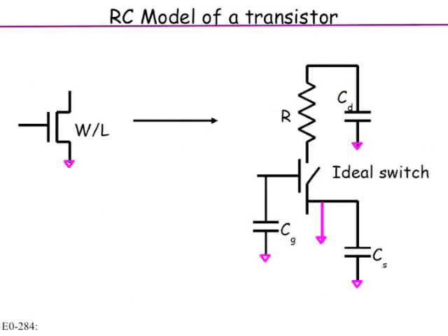So this is the simple model of a transistor. Any transistor, we replace with an ideal switch. This is only for digital design and for delay calculation. We replace it with an ideal switch with a series resistor R. And then it has some capacitances. There is a capacitance associated with the gate of the transistor, CG. There is a capacitance associated with the source and the drain. Remember, source and drain are diodes, and those diodes are reverse biased. So there is a reverse biased diode capacitance.